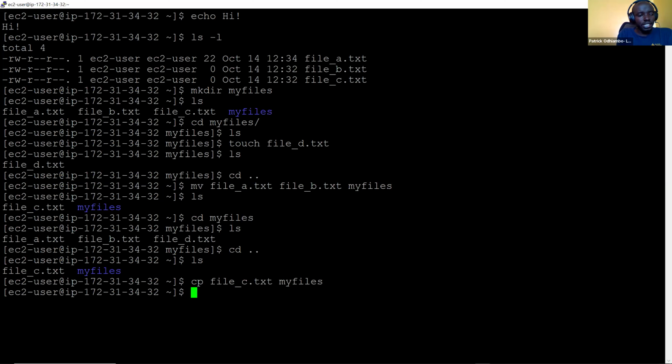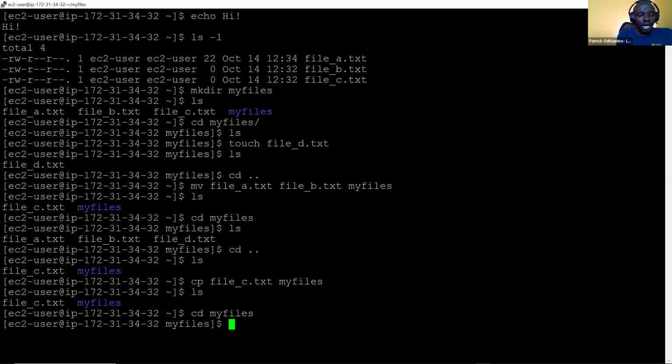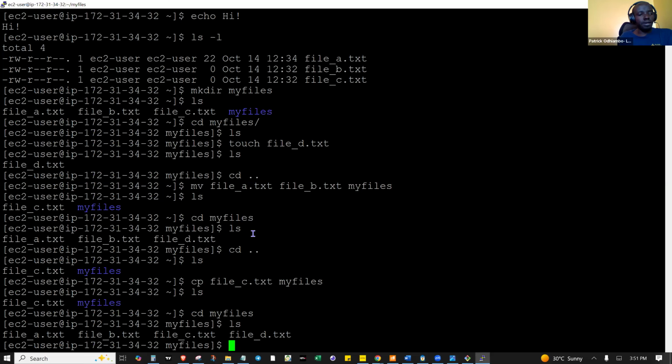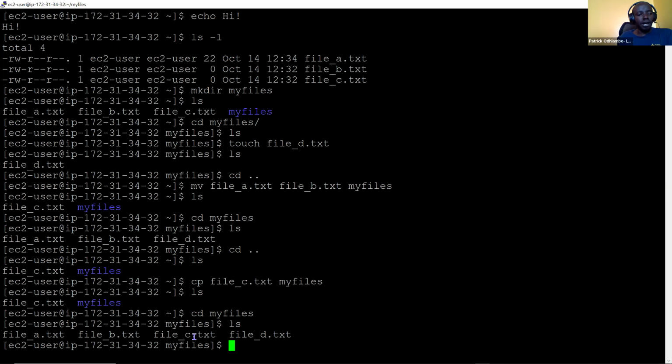Let's see what will happen. Okay, let us do ls first. We still have our file C here. But now if we cd to my files and then do ls, you can see we have a copy of the same file inside my files. So what cp does, cp copies.